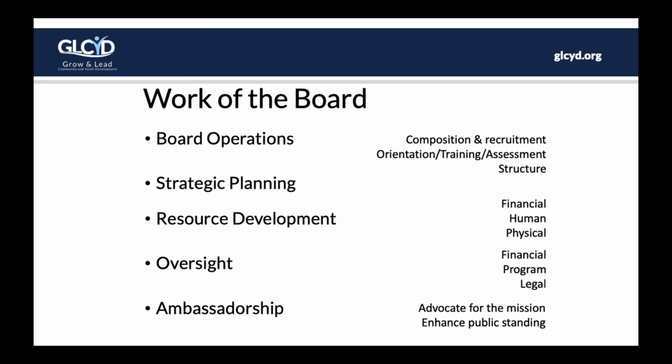You're definitely responsible for the strategic planning, setting the stage, setting the goals for the future for the organization, pointing them in the right direction. That's a board responsibility. Working obviously with your executive. Also resource developments, mentioning financial, human, and physical resources. All those are vital to any organization. Again, the board is committing to making sure those things are in place and taken care of, and there's good oversight to all of those things, which is the next one: oversight of the different parts of the organization, especially